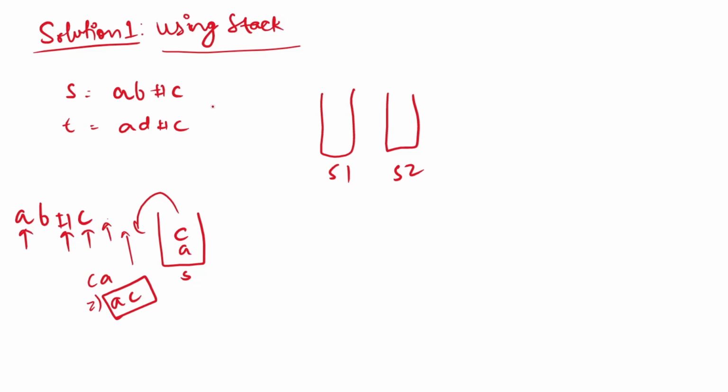Let's understand the algorithm now. We will enter all the characters here, and if we find a hashtag, then we will pop out. Finally, we have this stack. Let me just do a dry run for you. First of all, I will enter A here, then hashtag, then B, then I have a hashtag. For the hashtag, I will remove it. Then I will have C. Similarly, I will do it for this: I will have A, then D, and it will be removed. So finally, I have AC.